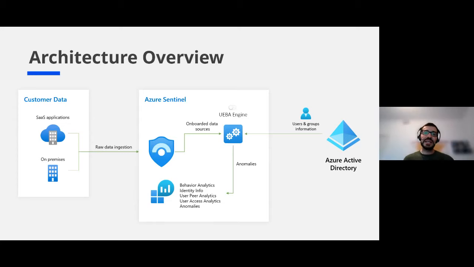After that data is there, we can enable the UEBA engine, as you can see in the middle of the screen. And what that enables is that we're going to synchronize the identities from our identity provider, in this case, Azure Active Directory. As you can see, the users are then moved into the UEBA engine, and then we have that profile of the user with that information coming from Azure Active Directory. Then combining that profile with the actual telemetry that came from the system, we are able to produce those anomalies that you will see in the next animation that then are stored in our different tables in the log analytics workspace.